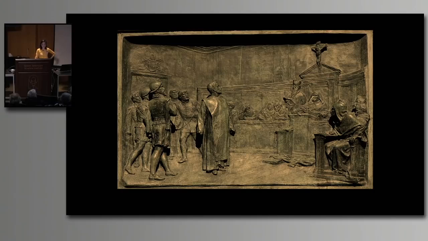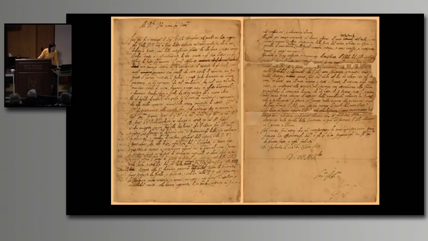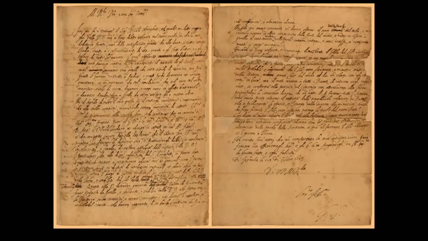But he stayed true to his arguments, and one of the quotes that people attribute to him is that truth does not change because it is or is not believed by a majority of the people. And guess what? The other day, while I was preparing these slides, I took a break to browse one of the issues of Nature magazine, which I get in the mail every week, and I found this letter. This is a letter written by Galileo in 1613, and historians knew it existed, but it was thought to be lost, and it was discovered by chance this last August in London in the archives of the Royal Society.